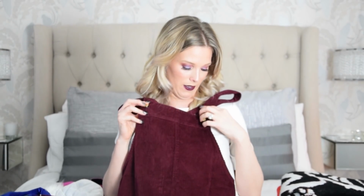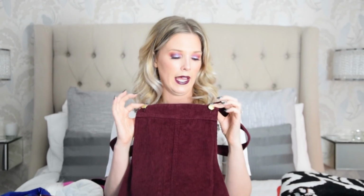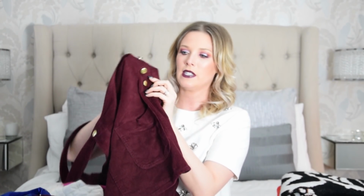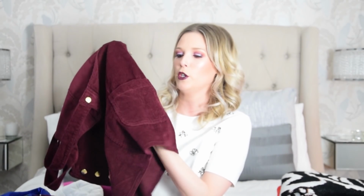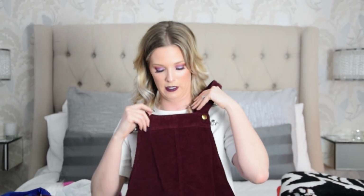And it's this little corduroy pinafore dress, and it's got the little gold buttons there, 3 little gold buttons down the side, and then the 2 pockets at the front. It needs an iron. It's just come out of the wash because I've worn it on holiday. And as I say, I actually wore this with the pink blouse underneath because I love those 2 colours together. So I had the little frill neck coming, and then you had the sort of square neck over the top